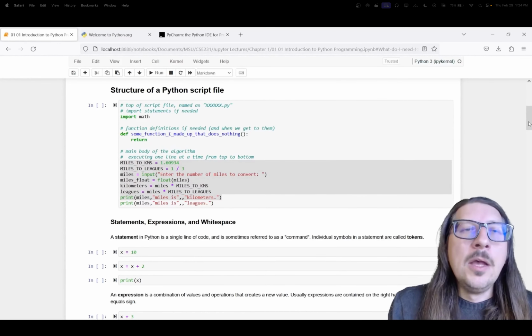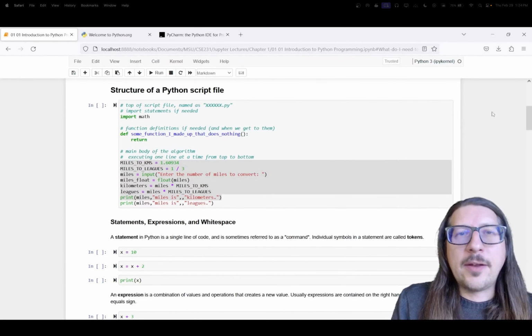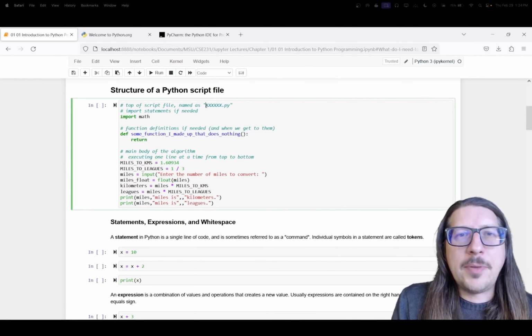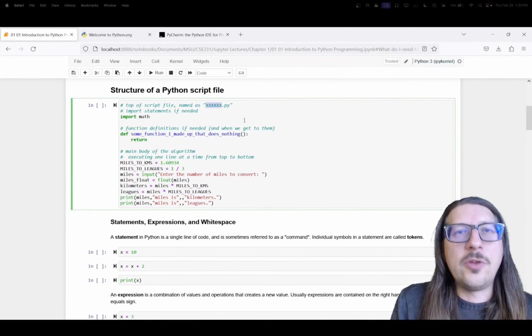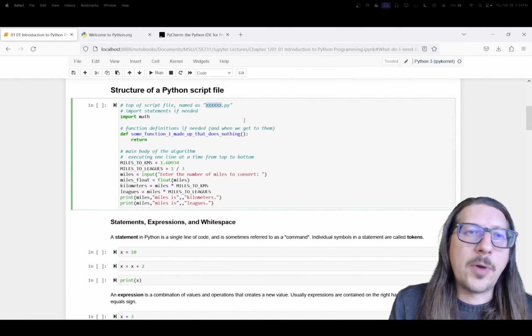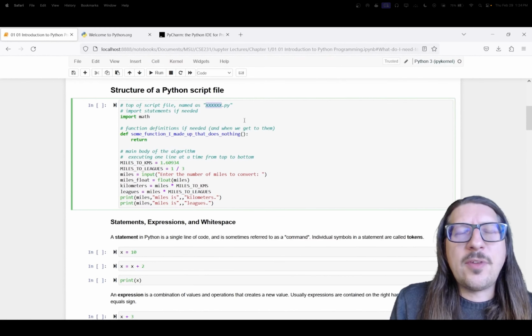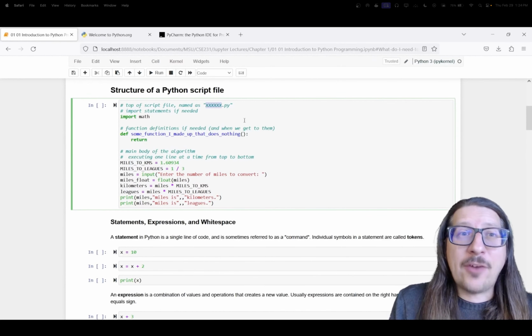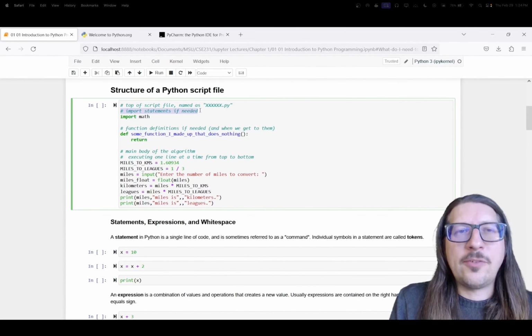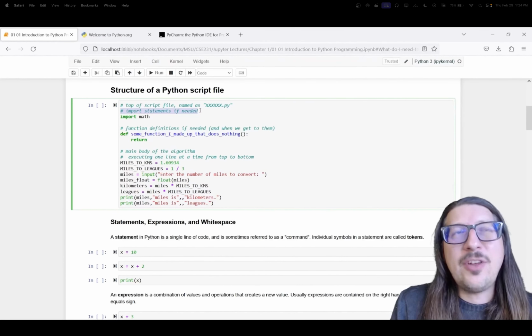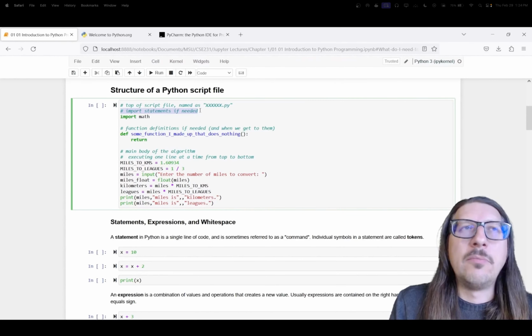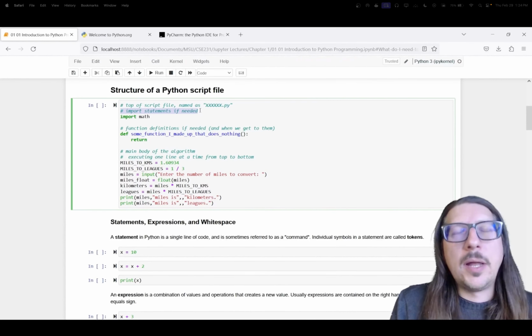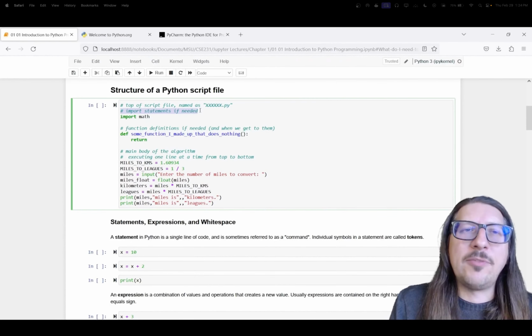Okay. So in this case, I would technically name this something.py. I just put the X's in there just to say that you can name it whatever you want, .py. And then let's look at some of the specifics of what we actually do in this file. So we're going to talk later today about import statements. And if you're going to import something, it tends to be good practice to put those things at the top. Essentially, the only rule is you have to include them before you use them. But I think people tend to put things at the top just so they can kind of